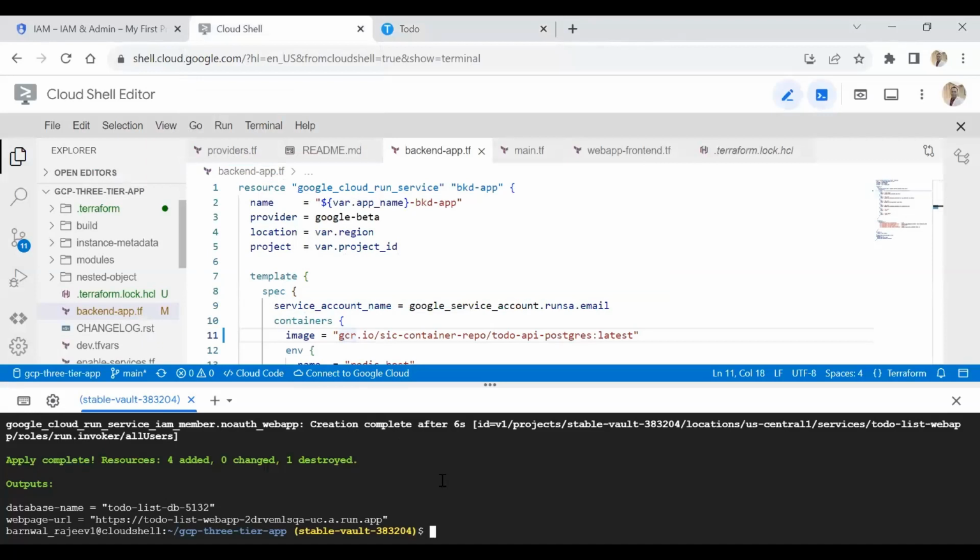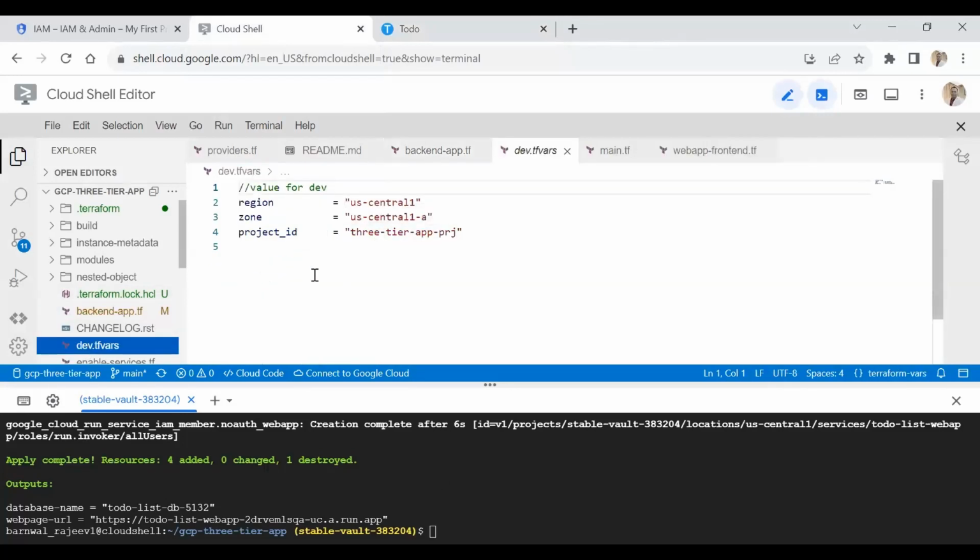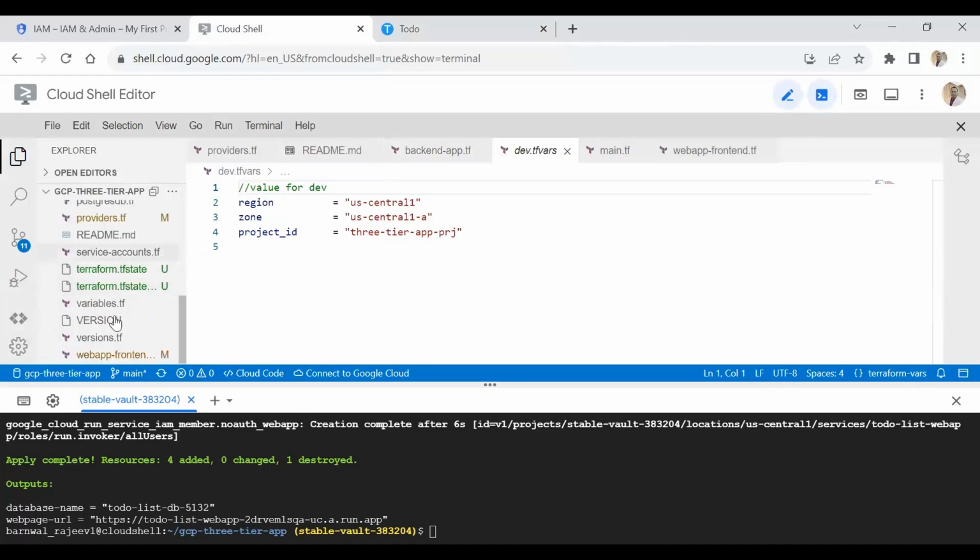In which file was the region and zone value? It was there in the variables.tf. Okay. So can you tell what we have to replace in these files? You said in the main.tf file we have to replace something. Yes, in the main.tf file, if you can go,